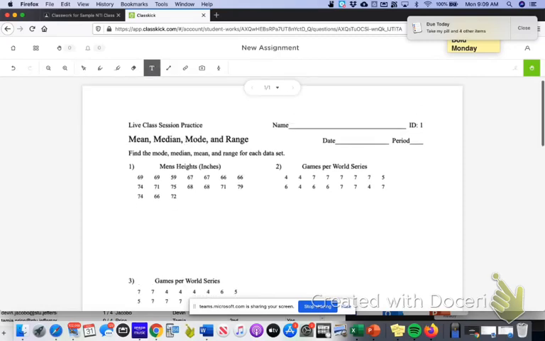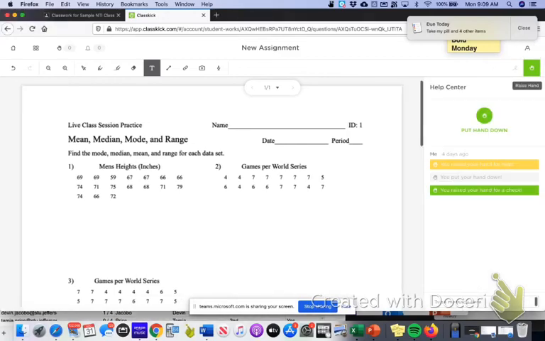So you can either write me a note here, or you can write it on your dry erase board. If you've got any kind of problems whatsoever, oh, shoot, I forgot one of the most important parts before you get started. Look right up here in that right-hand corner. See where the little hand raising icon is? So if you need help from me, you click that raise your hand button,